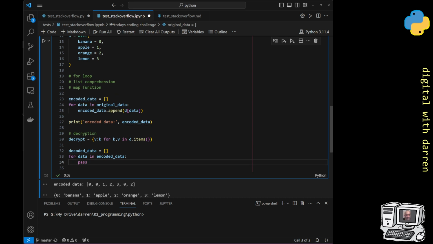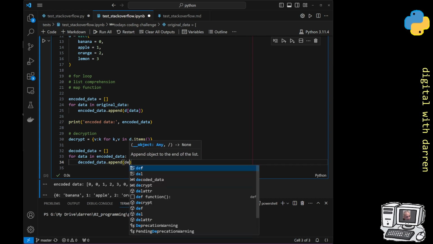So notice that the format is exactly the same, and the format I'm talking about is this little pattern over here is going to be repeated exactly down here. So we need to do a decoded data dot append. We're going to append it with our decrypted data. So let's just go ahead and actually do that. So we're going to populate this particular list here, which is now empty. So our decoded data dot append, we're going to append this list, and we're actually going to append it with